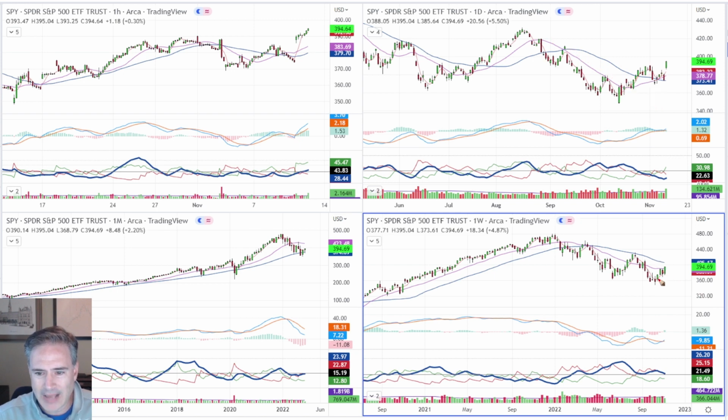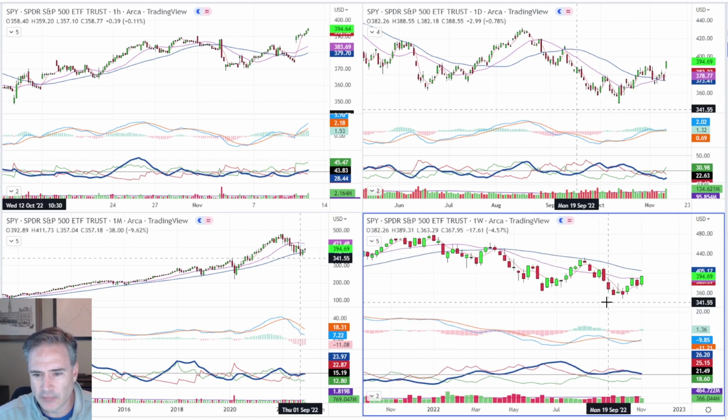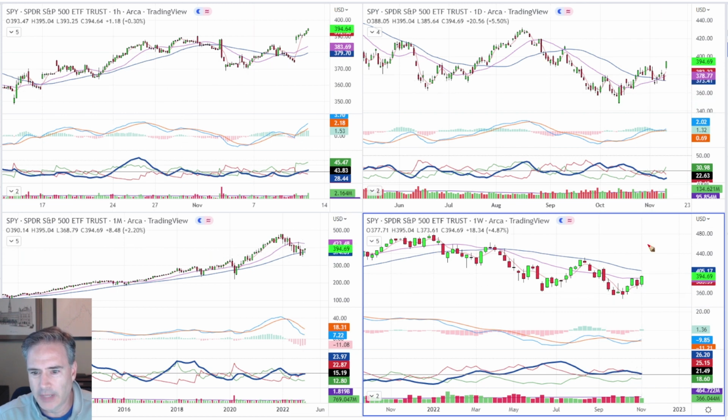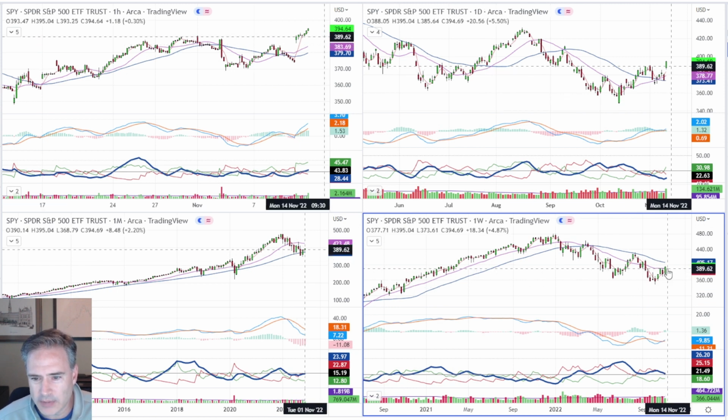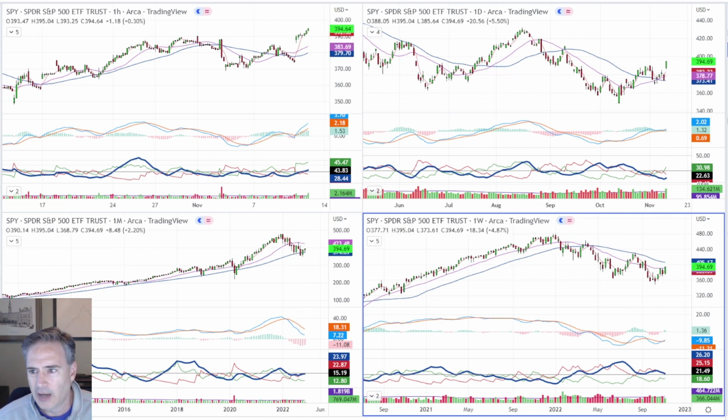Now, I think you get a little bit more confirmation of a break in a moving average if we close above it and then the next week we follow through and take out the high of the bar that closes above it. So we got a little bit of work to do. Friday will be important. We want to see this have a decent day and not give back a whole lot tomorrow. For one thing, we want to make sure that this MACD line does close above its signal line,